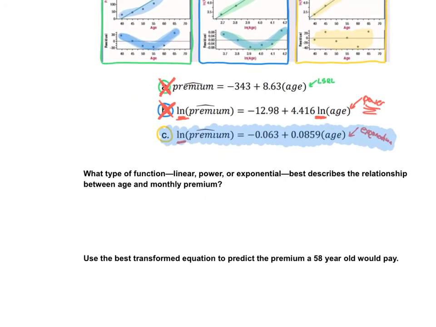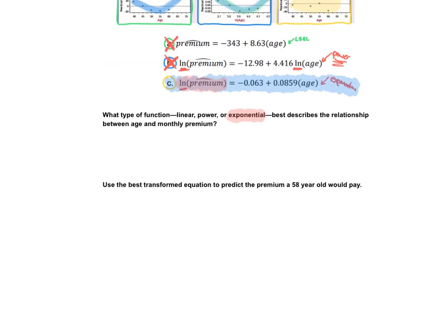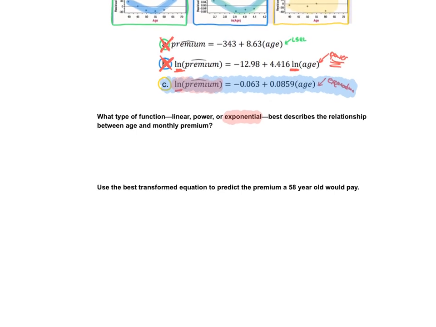So what type would we say? Well, we just already did that, exponential, and the reason behind it is because we only had to log the y's. Notice we only had to log the y's to straighten it out. So use the best transform equation to predict the premium for a 58-year-old would pay. So let's do this all together. Here's the original, here's the